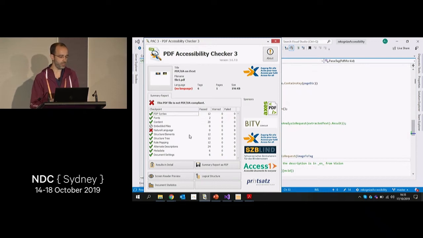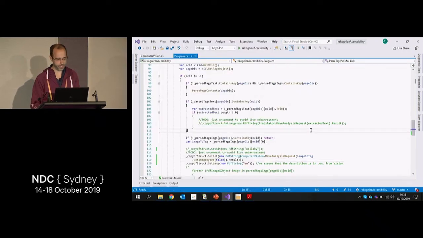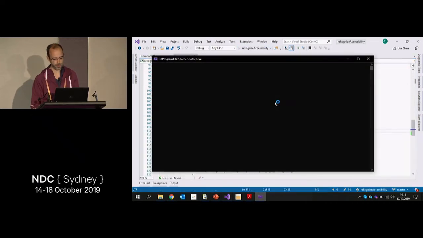For instance, Adobe, if you load up a compliant file, will say it is compliant, but it does require a human to review it to check if the content is correct. Natural language is missing, so we're not saying if it's English. But that's fine. So let's just run it, get rid of the Wallaby, and maybe get better results.